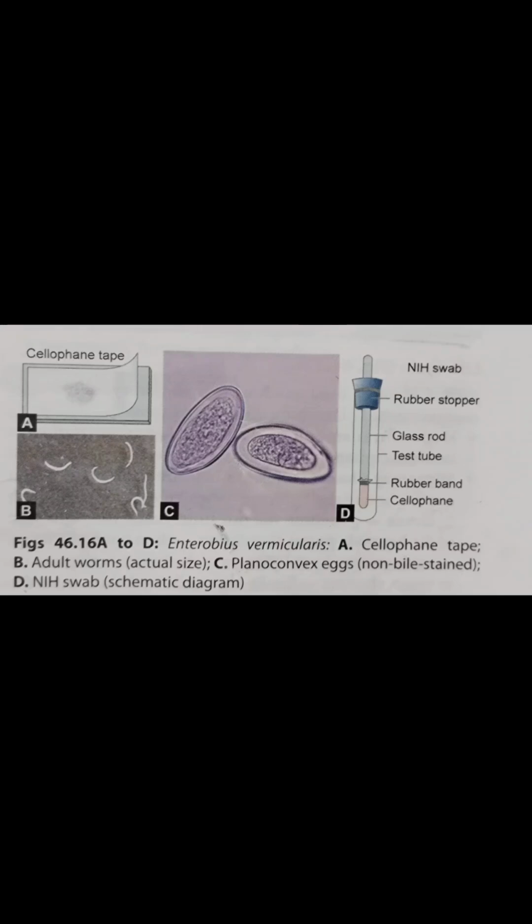Embryonated egg will contain the larva. See guys, the cellophane tape method is also done. The embryonated egg will be non-bile stained, colorless. It floats in saturated salt solution and will be tadpole shaped. Larva will be present. Now let's see the hookworm infection,